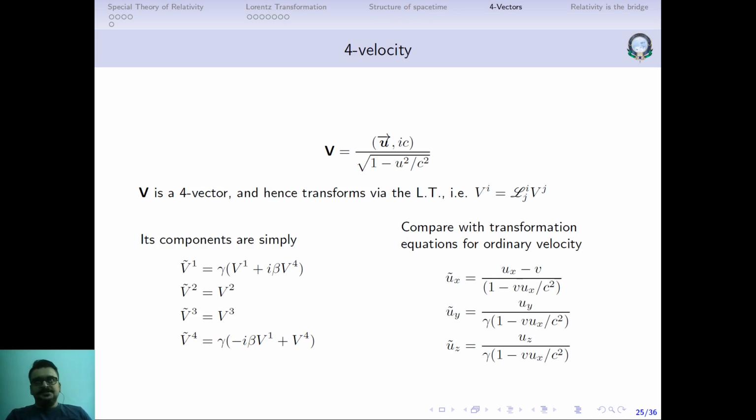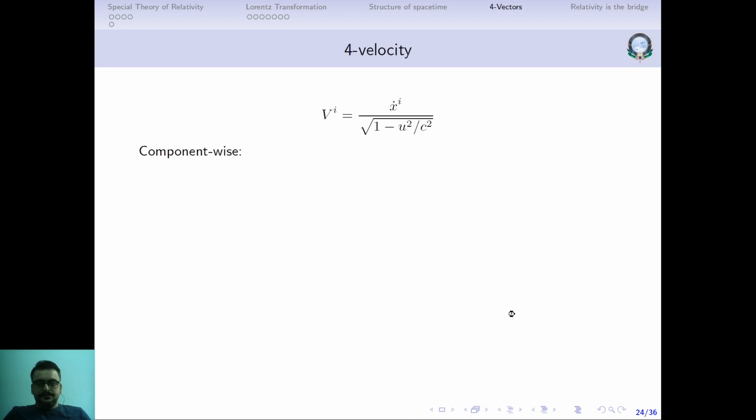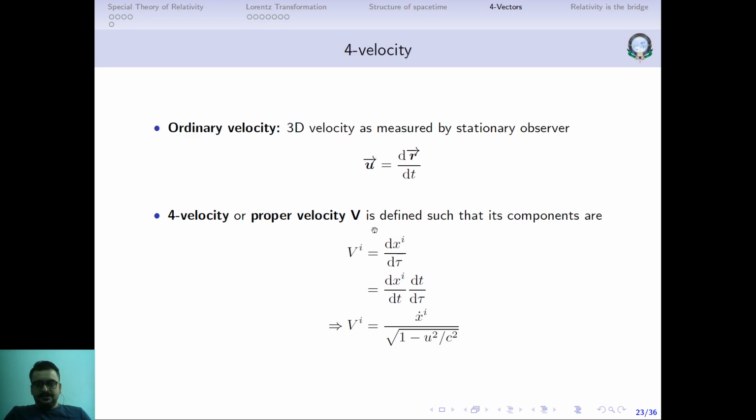This is another advantage because if we used dxi by dt, let me go back to the definition. We had defined this as dxi by d tau. Why not dxi by dt? The problem is, if I use dxi by dt, the numerator is not invariant and the denominator is also not invariant, because observed space and observed time, both of them are not invariant with respect to inertial reference frames. As a result, we'll obtain an extremely complicated expression if we do that, and it will not transform as a Lorentz transformation.